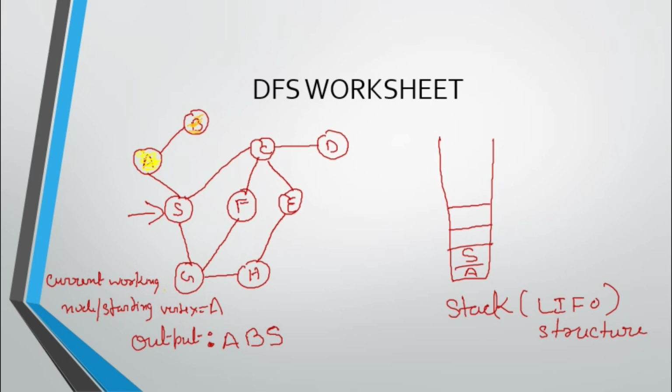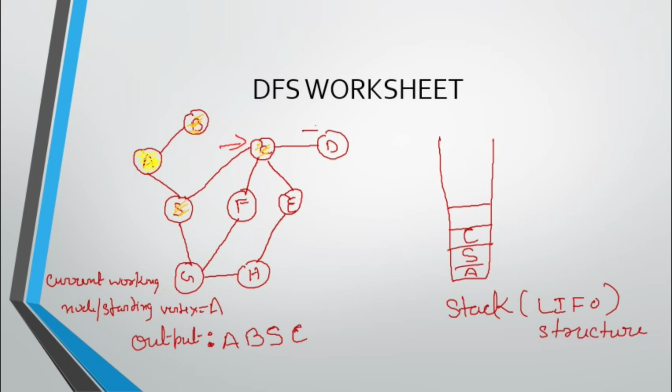So above S I push C into the stack and put it in my output sequence, and I mark S because it is already visited. Then I change my current working node from S to C. Once I reach C, I have three options: I can go to D, E, or F. Of course, I have come from S only, so I need not think about S once again. From C I will go to D, so my current working node is D.